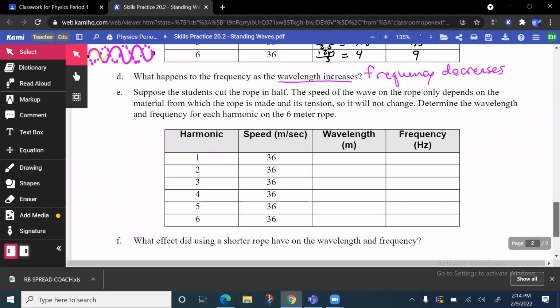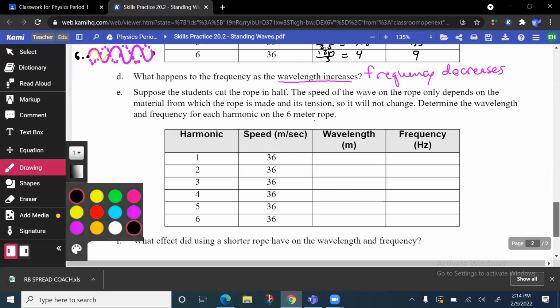Part E, suppose the students cut the rope in half. The speed of the wave on the rope depends only on the material the rope is made of and its tension, so it will not change. Determine the wavelength and the frequency for each harmonic on a 6-meter rope. Well,